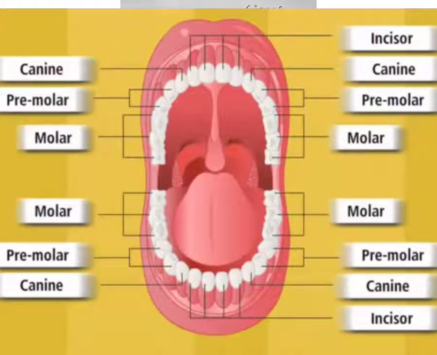Incisors are the front 4 teeth of the upper and lower jaw, that is 8 in number, and beside the incisors there are 2 canines on each jaw, that is 4 in number, and then beside the canines there are premolars, which are 4 in each jaw, that is 8 in number, and then in the last, 3 molars on each side, that is 6 molars on each jaw, that is a total of 12. So this will be helpful for you to understand the position of teeth inside the mouth.